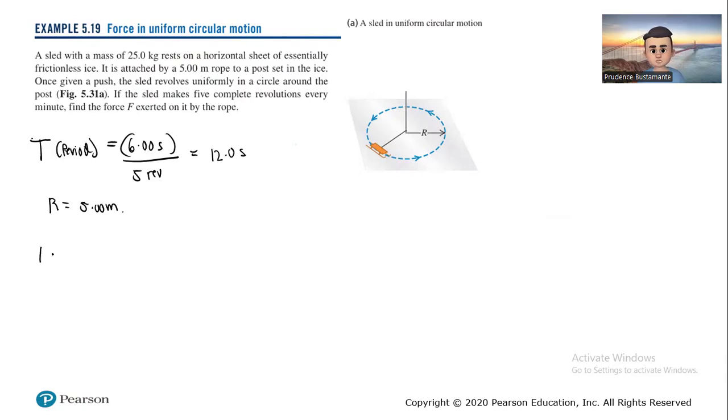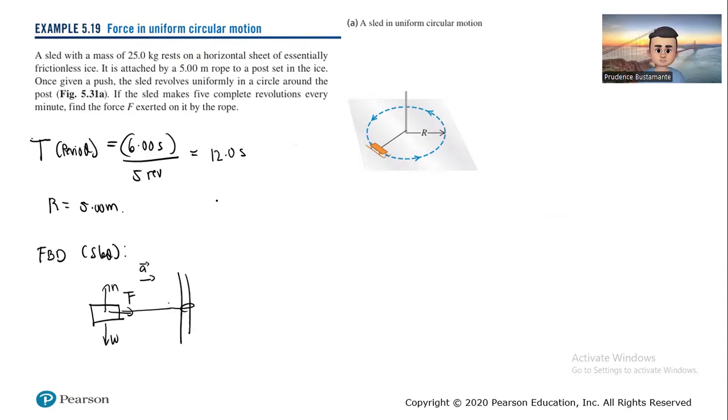Let's do the free body diagram for the sled. If I'm the sled, I'm being pulled. So I have the normal force, of course, the weight force, and the tension, which is the force towards the center. I'm actually accelerating in this direction. I'm also accelerating in that direction.